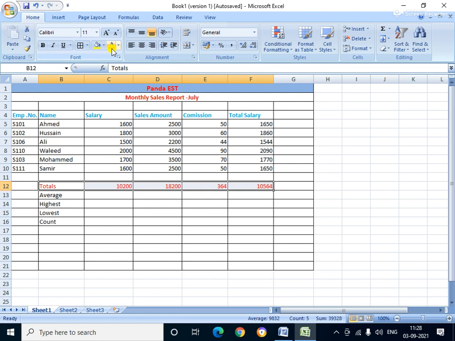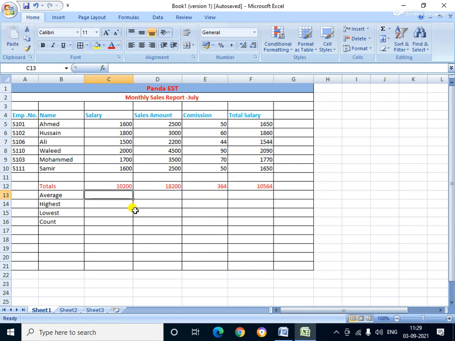See, the total salary you pay the employees is 10,200, the sales amount is 18,200, the commission total is 364, and the total salary is 10,564. This is the total.